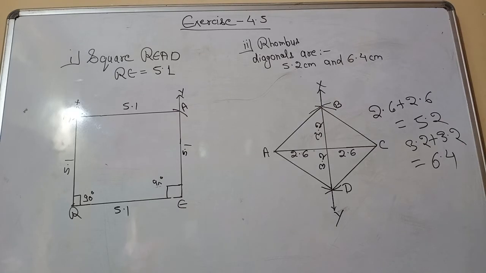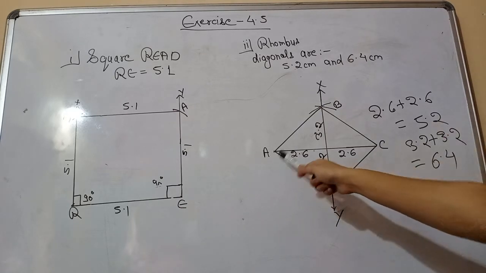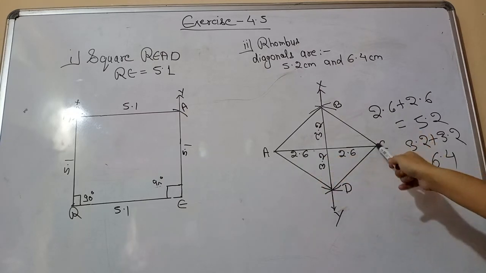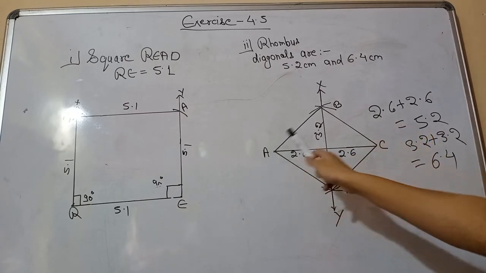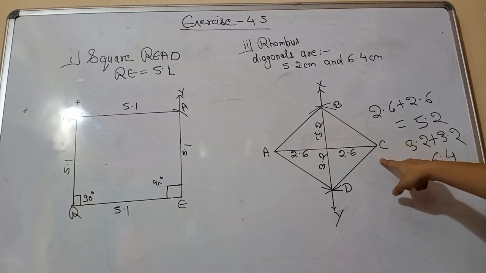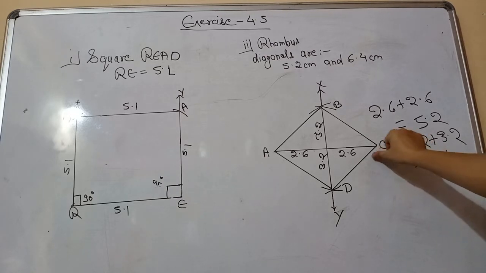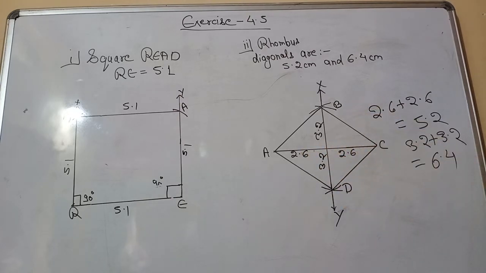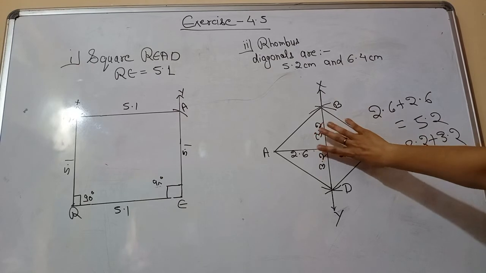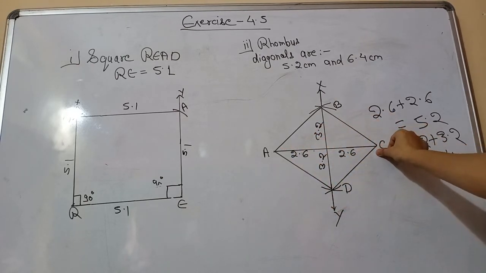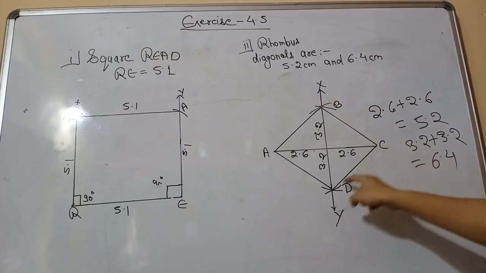Okay, so what we have to do first, see, draw a line AC of 5.2 centimeter. First step is draw a line AC with the help of a scale, 5.2 centimeter. Next step, place your divider on C, open up your divider and take radius more than half of 5.2. We know that if you place your divider like this, you can easily measure more than half of this line. So by placing it here, cut one arc upside, and from here also cut one arc downside.